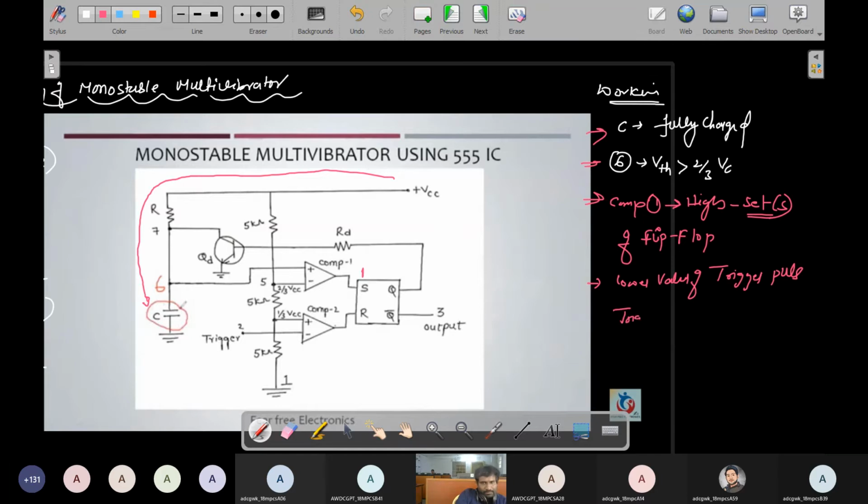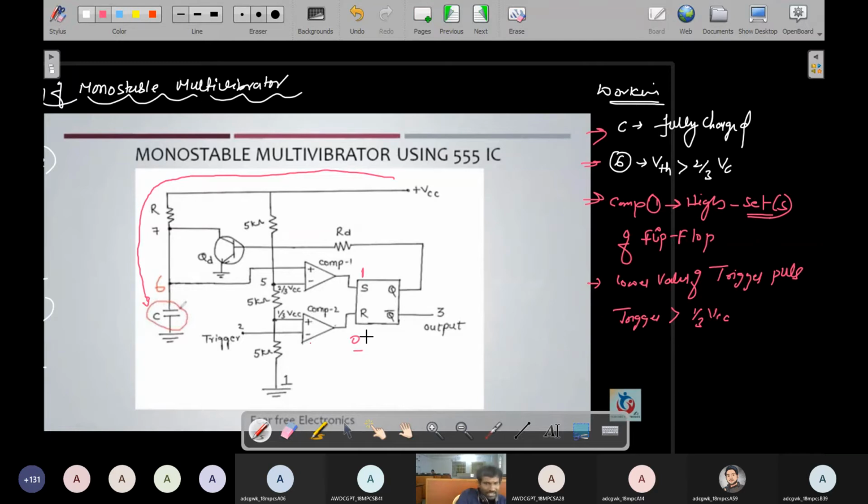So therefore trigger is right now greater than 1 by 3 VCC. So therefore the comparator 2 always selects higher values, but that too in the negative case. So the comparator 2 selects low value 0. Okay, so if the trigger is greater than 1 by 3 VCC, then the comparator 2 selects only high value, but that high value is present in the negative sign of the comparator. So if the comparator selects a negative sign, then the output of the comparator 2 is always 0 only.